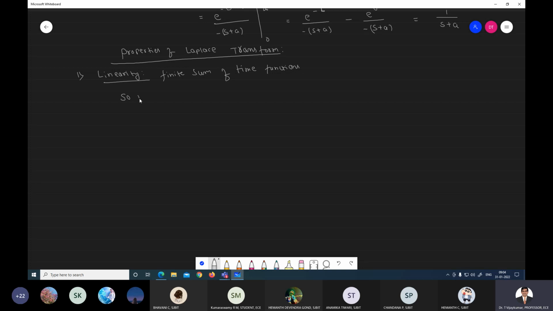Full stop. So if F1(s), F2(s), etc., Fn(s) are the Laplace transforms of the time functions f1(t), f2(t), etc., fn(t) respectively,